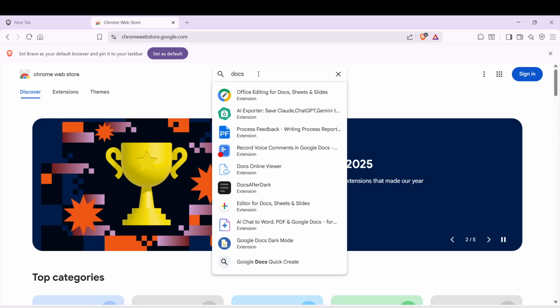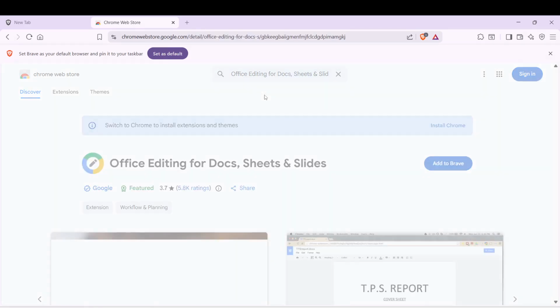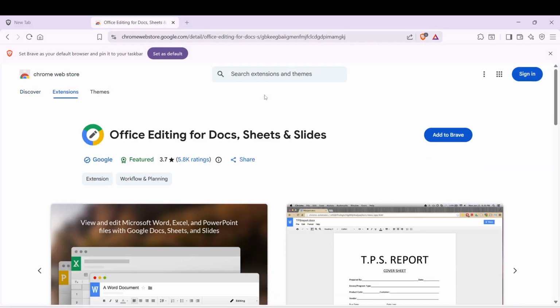After you've found an add-on that looks interesting, click on it from the search results to open its main details page. This page is crucial because it provides an overview of what the add-on does. Here you can read reviews, check ratings, and see what other users have to say. Reviews can be incredibly helpful in determining the reliability of an add-on. They give you insights from other users' experiences, which is invaluable.